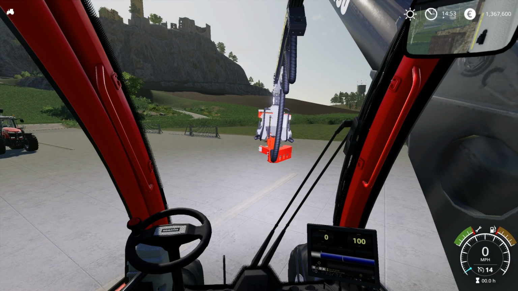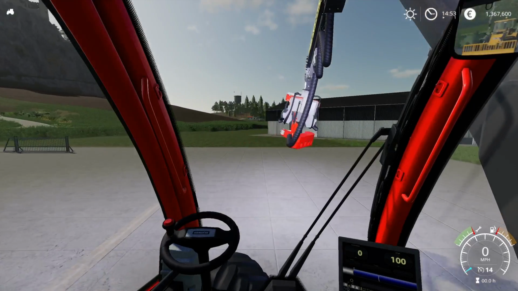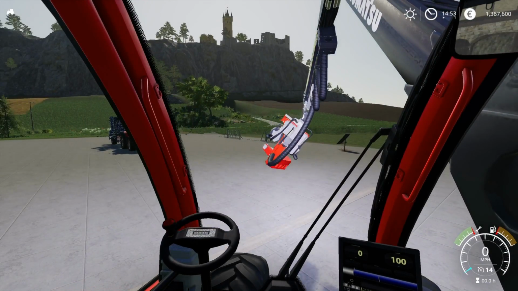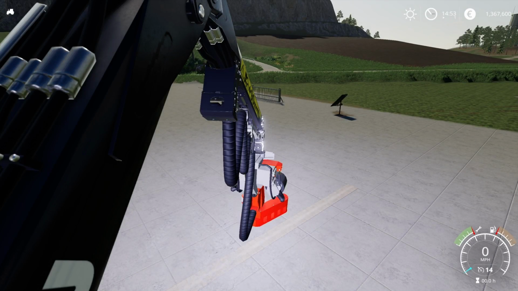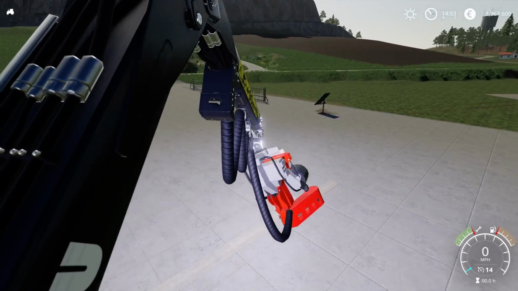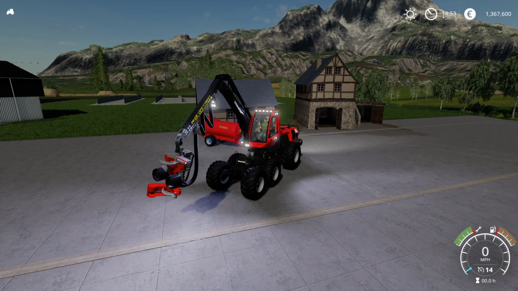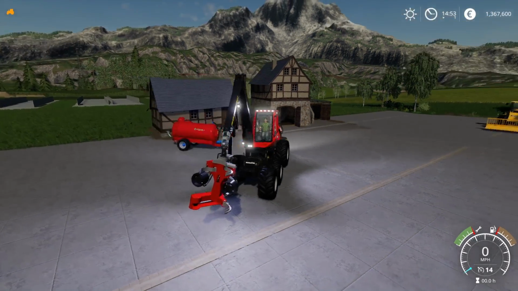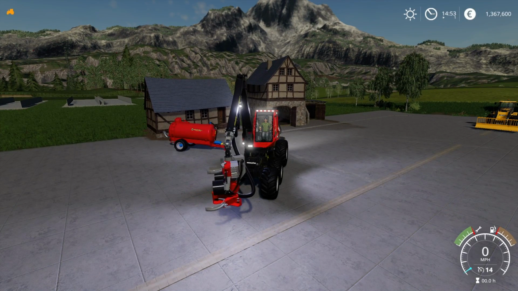As far as view goes, we've got this view here from the cab. That's me looking around, then that's moving the whole crane, I keep saying the arm. Then we've got left and right of the head, depending on what view you want to be looking at from there. As far as the head goes, turn it on, which opens it out. We can rotate the head like so,